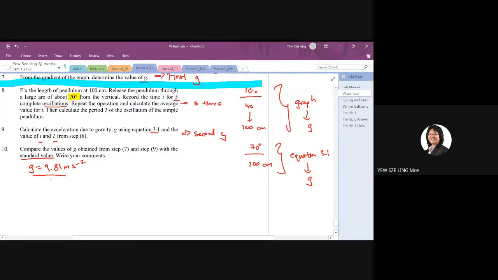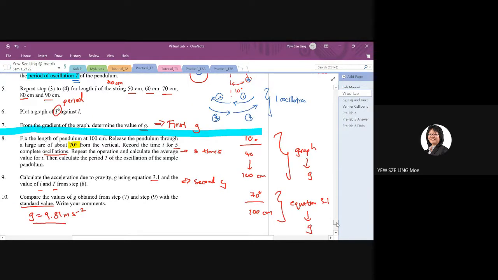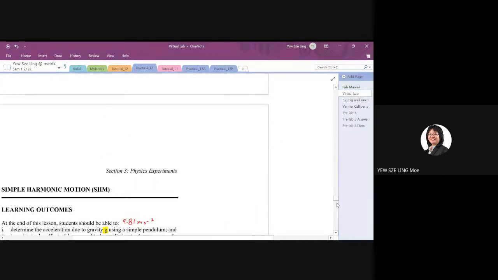Okay, and then you calculate the percentage of error for step number 7 and also the percentage of error for step number 9. And then you compare, see which one gives you less error. Okay, so from there you can then answer your second objective, because if you look at the objective again,